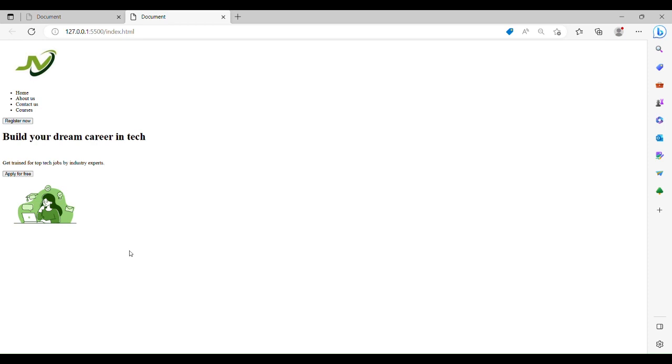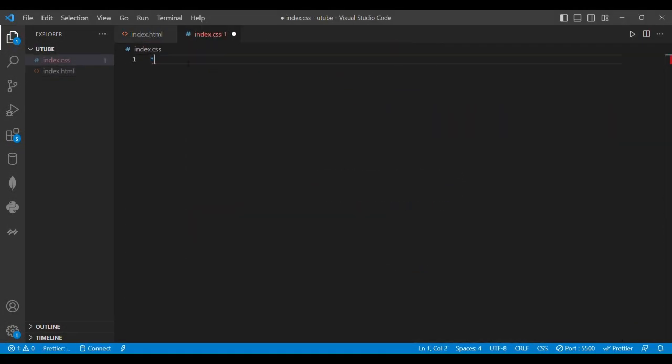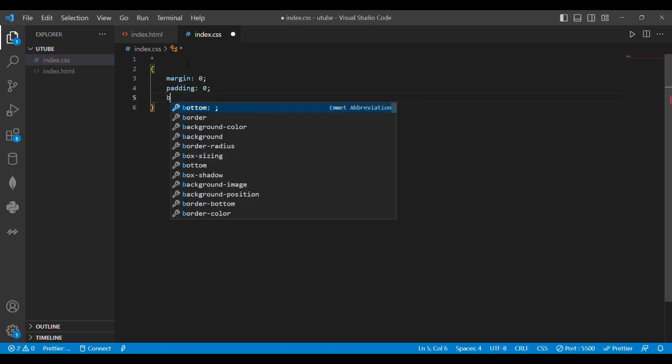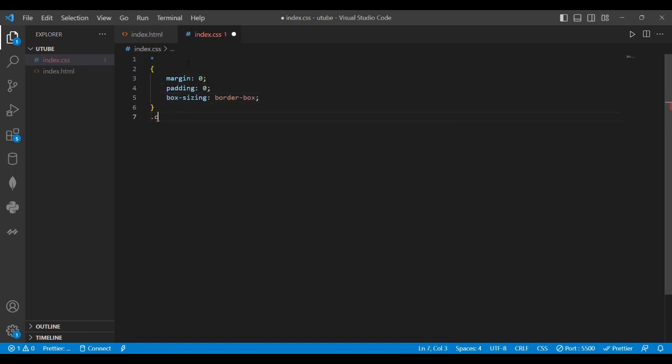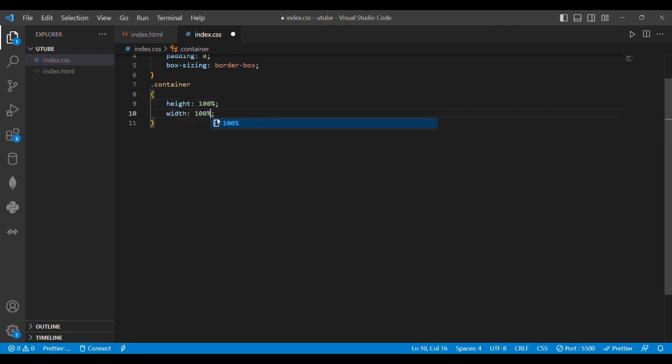Up to now we have built a static landing page using HTML, so now let us make this page beautiful by adding CSS styles. Here we are using external CSS which is written in the index.css file. Here we are making the initial values all set to 0. To add CSS to any class we need to access them by using .className. Here is the CSS selector, so now we are giving some height and width to the container division by accessing